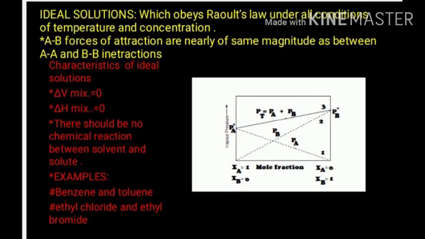A solution is said to be ideal which obeys Raoult's law in the entire concentration range and at all temperatures. At molecular level, an ideal solution of the components A and B is defined as the solution in which the intermolecular interaction between the components AB are of same magnitude as the intermolecular interactions found in pure components AA and BB attractions.